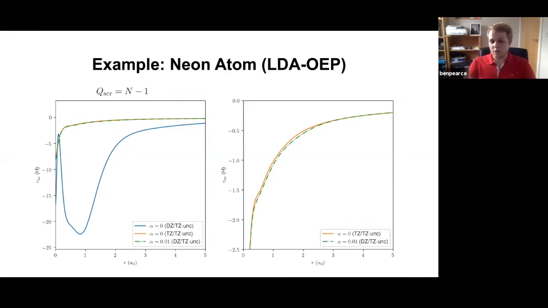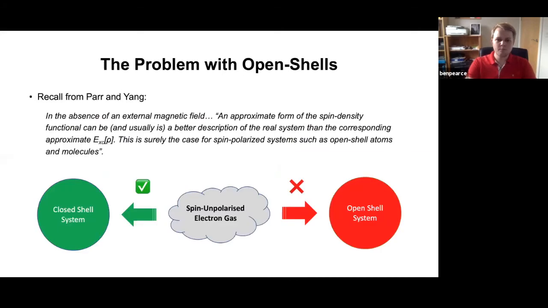So for neon, it's not so striking. But again, if you're looking at a much bigger system where you've got multiple electrons and a lot of basis functions, this computational improvement using a complement can be quite significant. So that finishes the OEP intro, just to show how we can solve the OEP solution reliably and efficiently. And I now want to move on to the main focus of the talk,